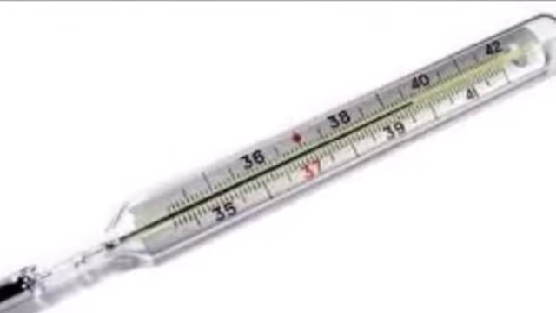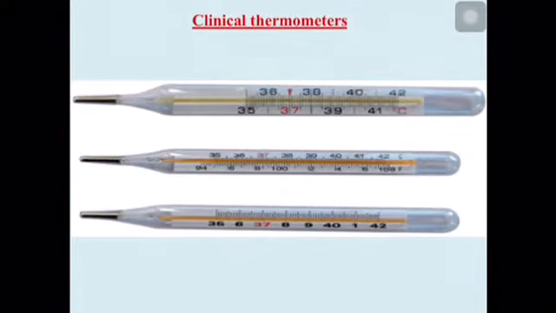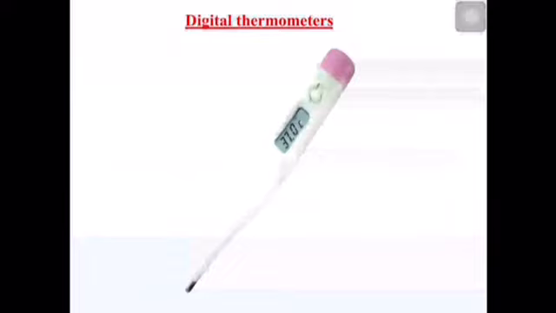Let us discuss the devices used for measuring temperature, that is, the clinical thermometer and the laboratory thermometer. First we will discuss the clinical thermometer. A clinical thermometer, a medical thermometer, is used for measuring human or animal body temperature. These thermometers are used in clinics by doctors, so they are also called doctor's thermometer or medical thermometer. Most show both Celsius and Fahrenheit scales and run from 35 degrees Celsius to 42 degrees Celsius. Medical thermometers are cleaned before and after each use with alcohol.